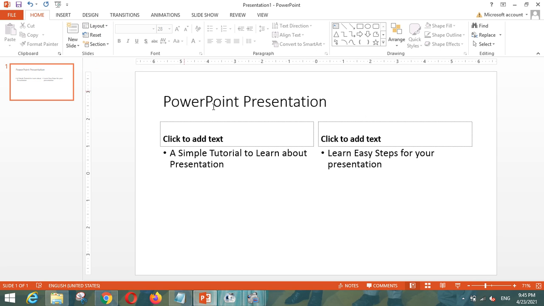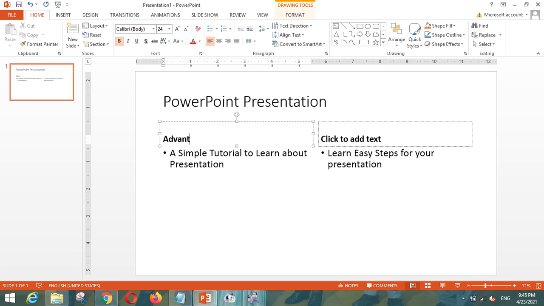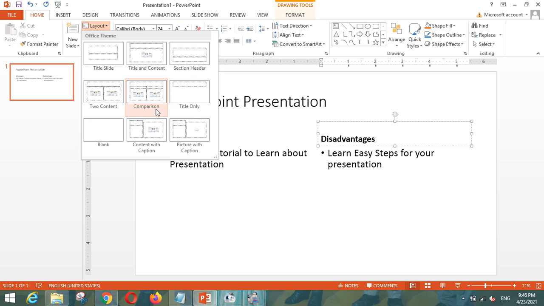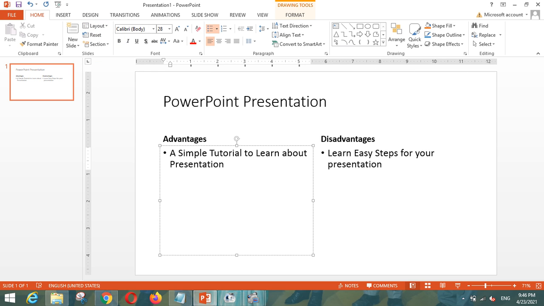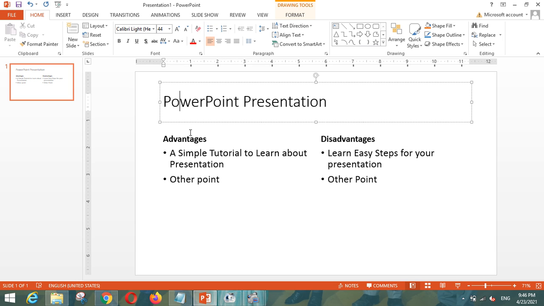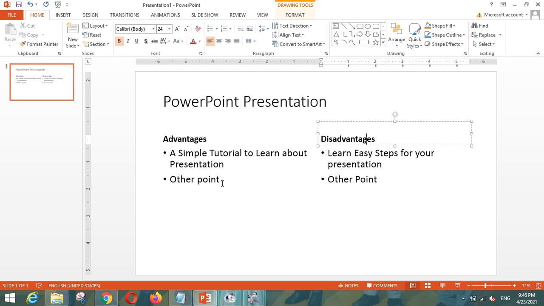And we have a comparison option also. So like you can write here advantages, and here you can write disadvantages. So if you would like to have the comparison, then you can simply go to this layout comparison. You don't have to select so many tables and all that. After you click here, you can press enter and it will give you an option to add other point. So you can write here other point, and similarly here you can press enter, it will give you the different bullet, and you can write here other point. So in this way you can have a title here, and you can write advantages, disadvantages, or one technology here, another technology here. You can do the comparison.